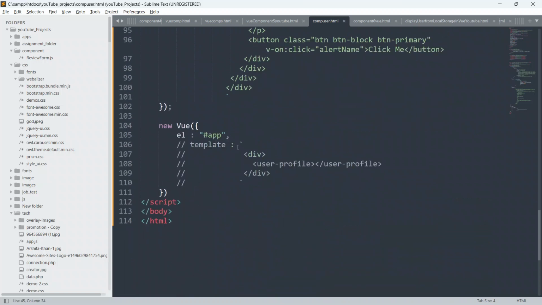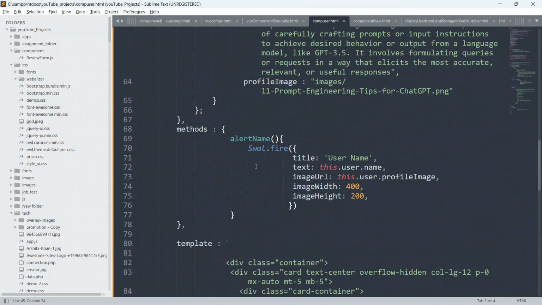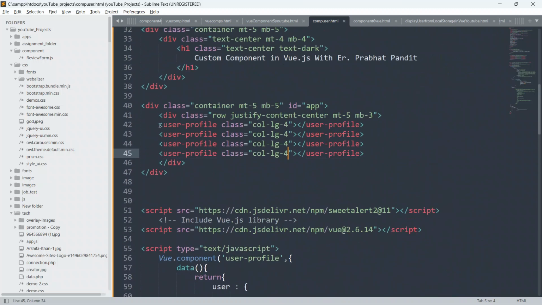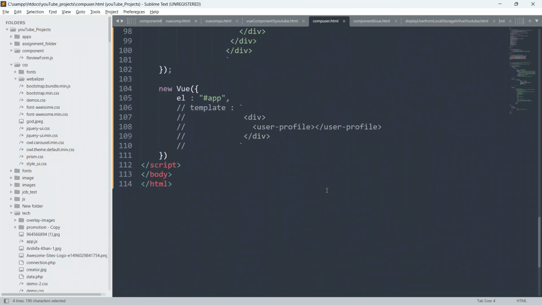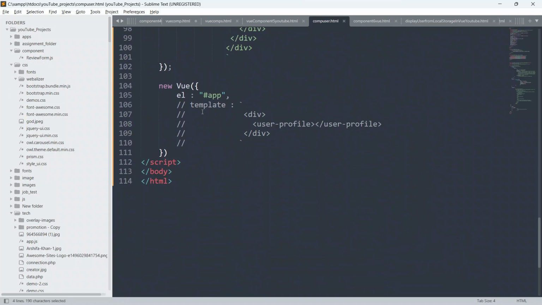In this way, where you define the template inside the vue.js instance, you can only create a single component, but in this way you can create multiple copies of your custom component.